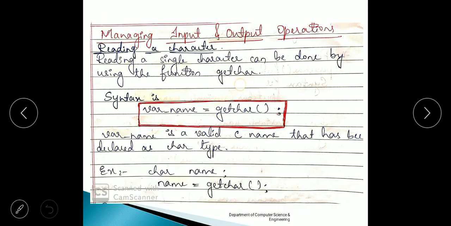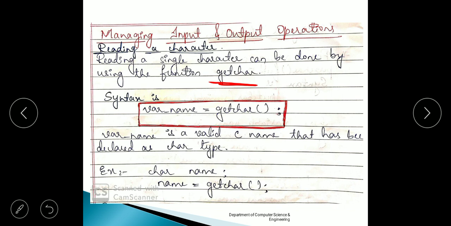As the name itself says, getChar exactly accepts one input. It accepts only one input at a time, whereas scanf can accept multiple inputs at a time. getChar accepts only one input at a time.